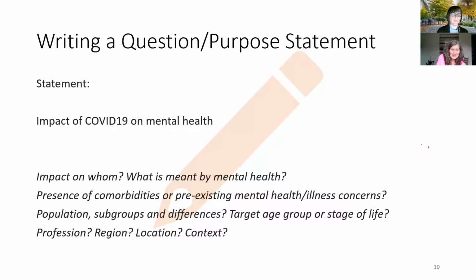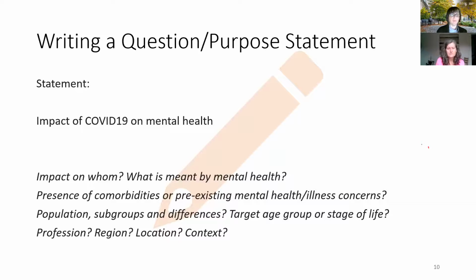In addition, right, comorbidities or pre-existing mental health or illness concerns. Of course, the comorbidity comes from health sciences, but you know, what else is there? Who are you asking? Like impact on who? What is the target age group? Is there, right, a profession? Is there a geographical region? Is there a specific location? What is the context? These are the type of questions that you need to ask yourself when you've got that